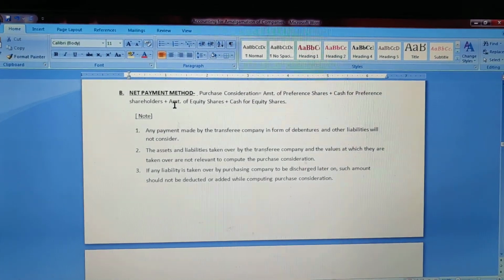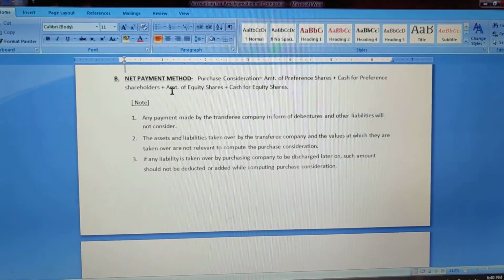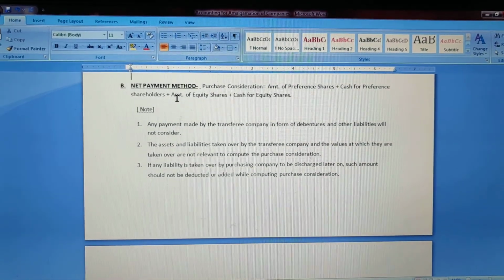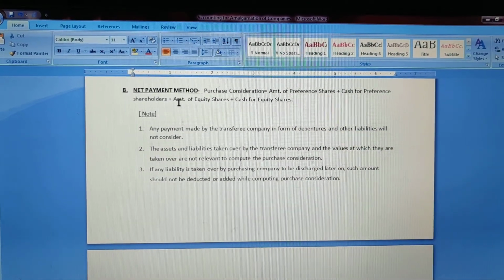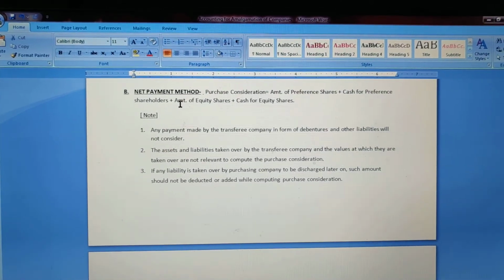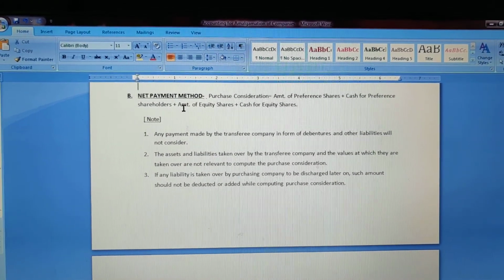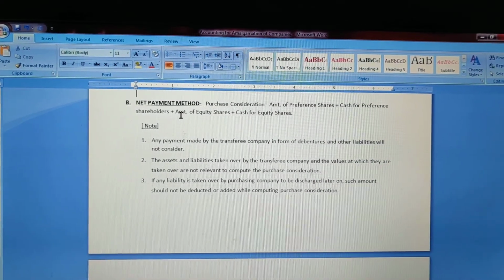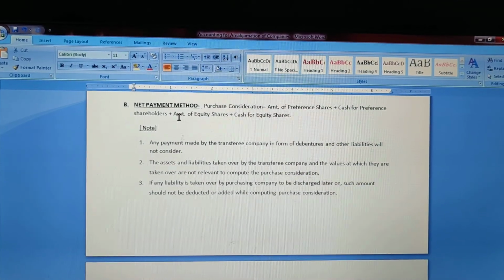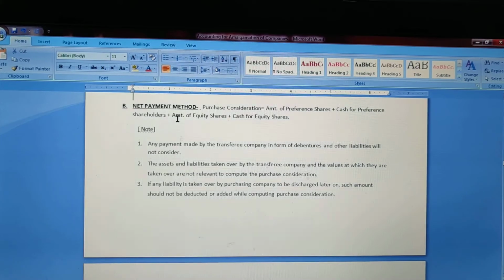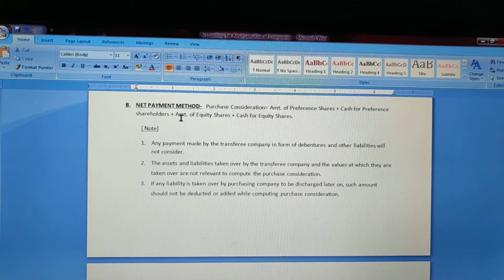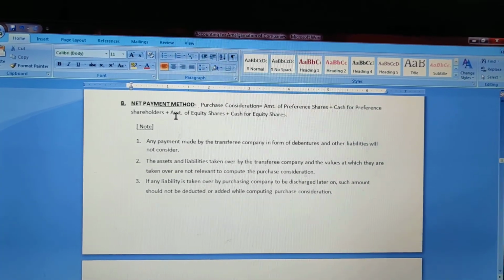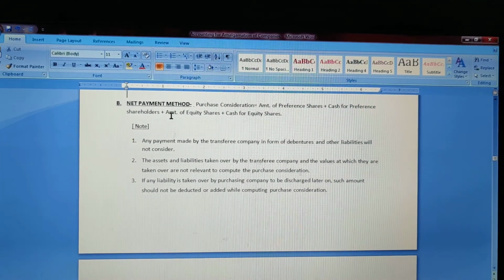Okay, what it means that if we check the net worth of our company, how do we calculate it? Generally it is calculated by the equity shares' worth. Okay, so for purchase consideration here also we have to judge the amount of preference shares, and what equity shares the transferee company will give to the transferor company. What shares the purchasing company will give from its company to the selling company, that we have to take, plus the cash consideration which they are giving.